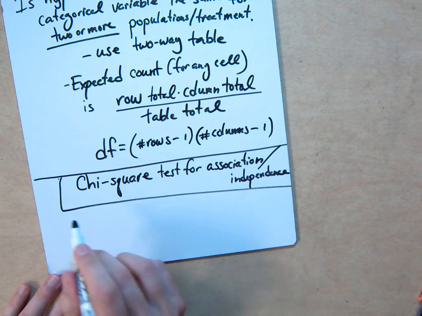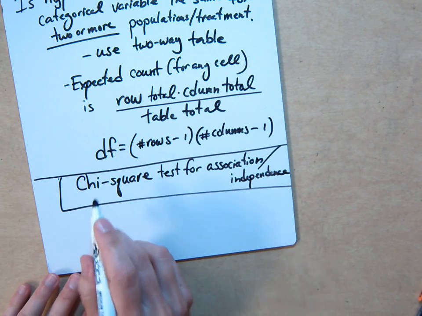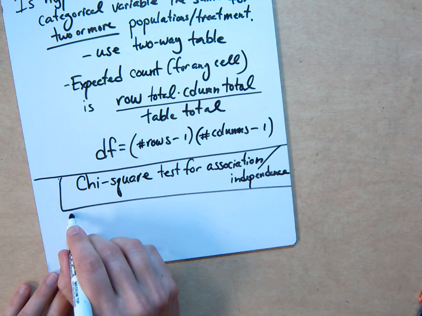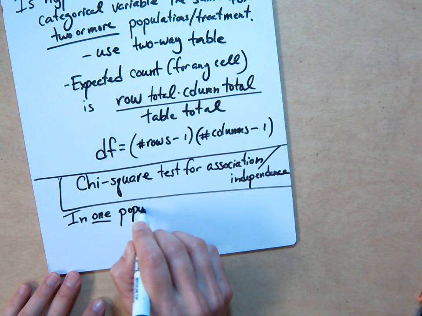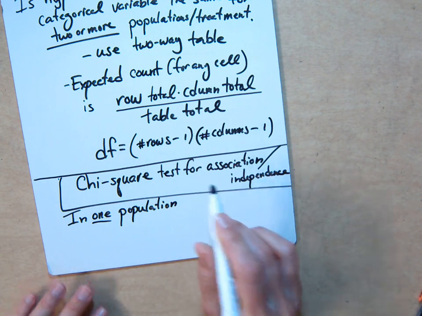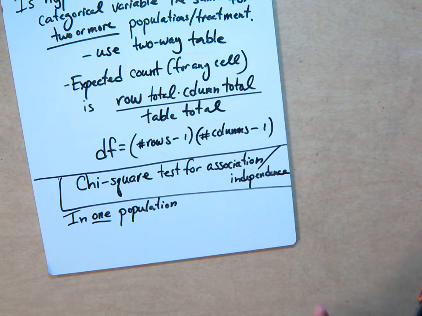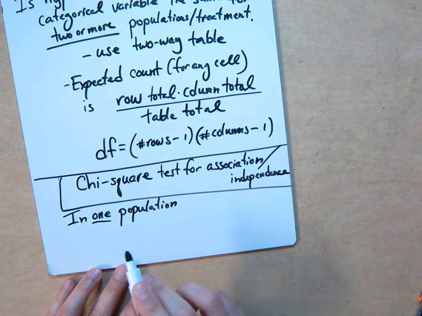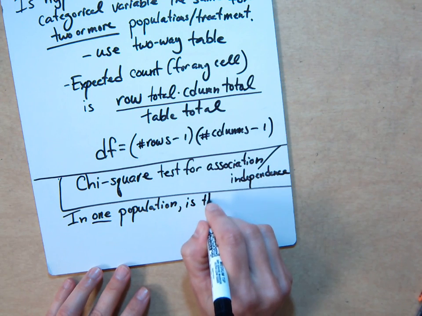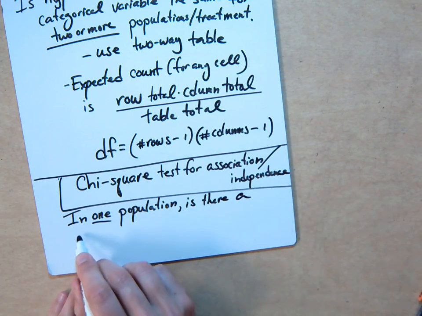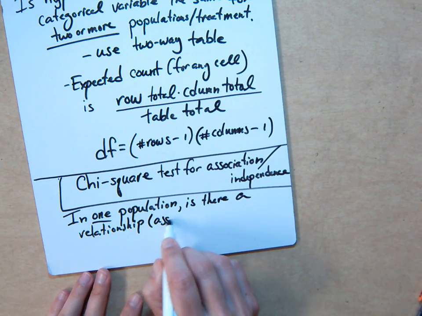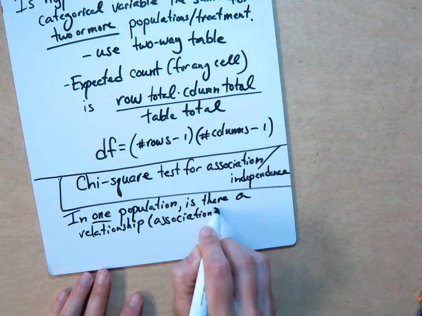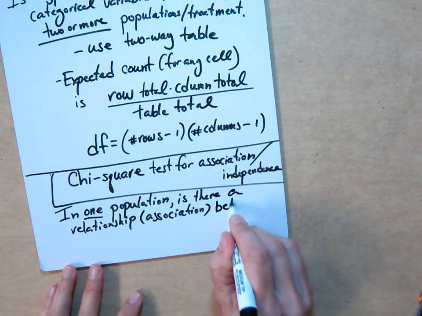And when do you use this test? You're asking the question, we're back to one population or treatment. In one population, is there a relationship, like a cause-effect type of relationship or association, between two different categorical variables? So in just one population, is there a relationship slash association between two different categorical variables,